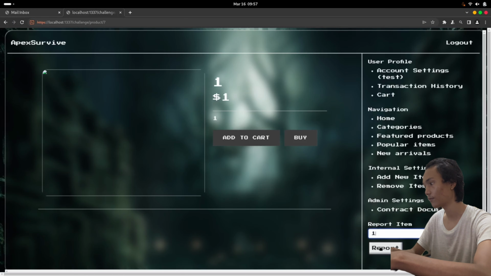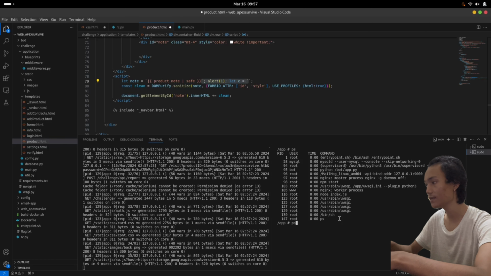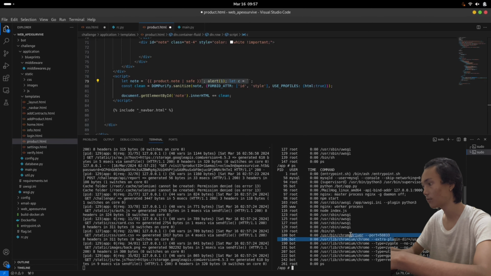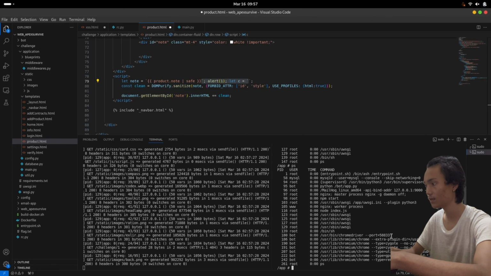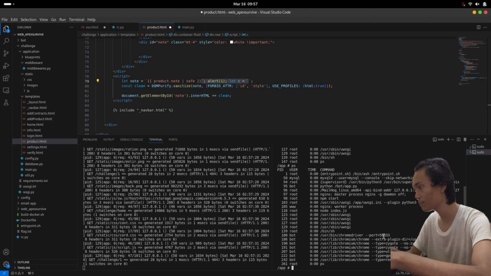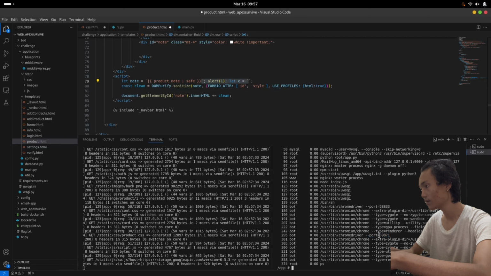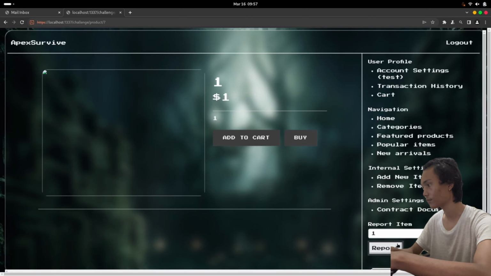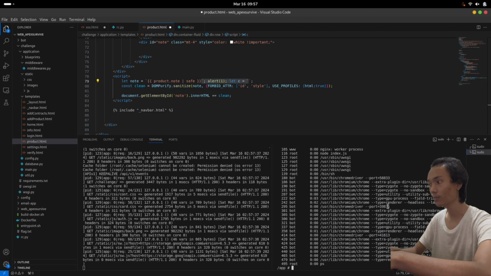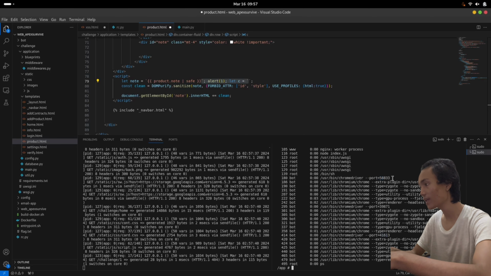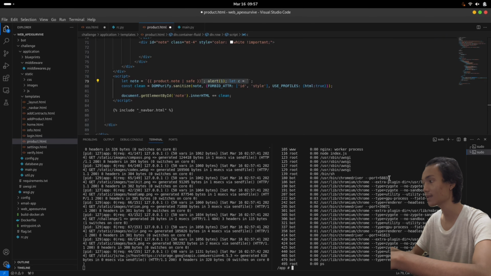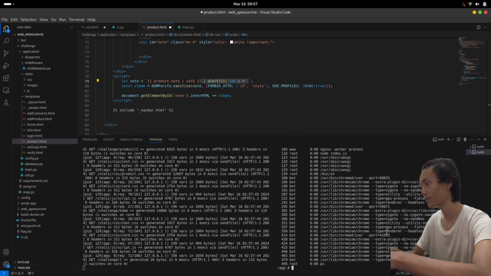Okay, we can report first, then look at the process list. The Chrome driver was started on this port. And after we report again, we can see another port, but you can see the port is exactly a 5-digit port.